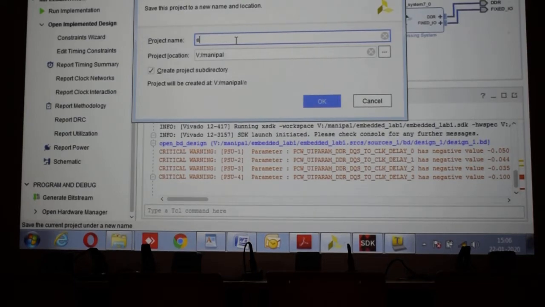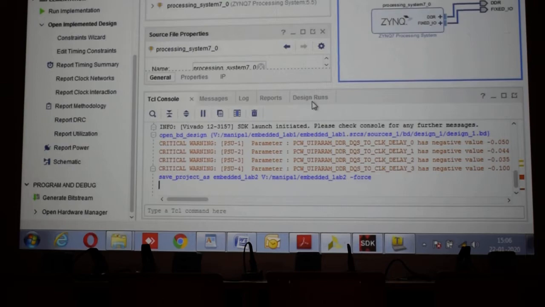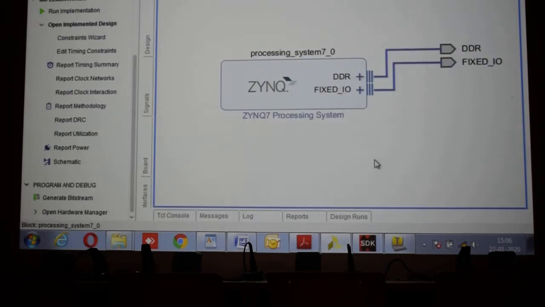with embedded 2. So project 2, it's creating the project 2 folder. It will create, so it will update actually. Okay, it has been created. Save as, if you give it, leave it. Open the IPI design. So open the design, come here in this position. No need to create a new one. Old one only we can modify. So that's why we saved it.